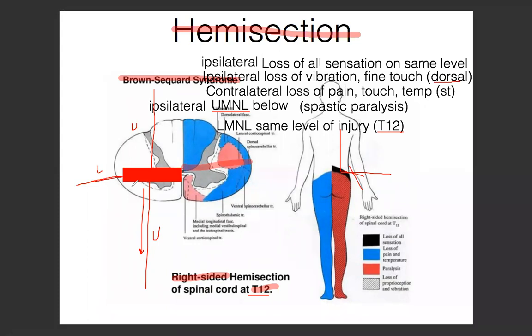فهمتوا؟ يعني في نفس الليفل بنخسر everything. بيجينا upper motor neuron و lower motor neuron و loss of all sensation. لكن بعد ذاك below it بيعتمد على الحاجة. يعني الموتور هيبقى upper motor neuron والsensation لو كان بيعمل لك crossing هيكون contralateral، ولو كان ما بيعمل crossing هيكون ipsilateral. فهمتوا؟ البقية you guys all get it؟